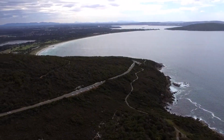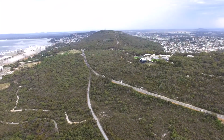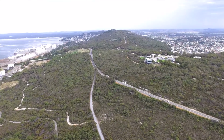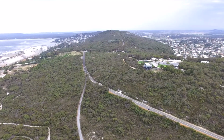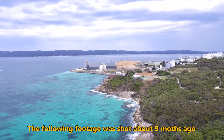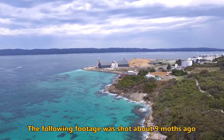With the National Anzac Centre just coming into the centre of picture, you can see the suburbs surrounding Mount Clarence. On the left hand side is the town centre. As we look across the eastern end of Working Harbour, across Princess Royal Harbour,